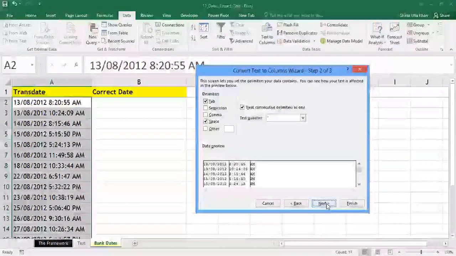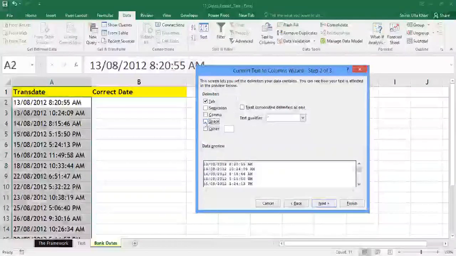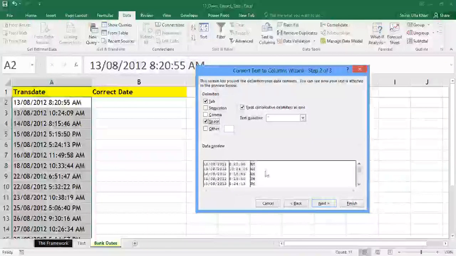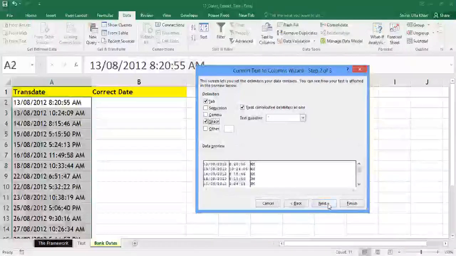Now in step 2 of the wizard, I need to select the delimiter. If you see in the delimiter section, by default Excel has already selected space, but in case space is not selected, like many a times your delimiter will be looking like this, it will not select space. So you just need to go and check this checkbox of space. The moment I click on this checkbox, in the data preview section, the data is already getting split into three columns. You have the date, you have the time, and you have AM and PM. This is the second step of my wizard I have done. So Excel has already started the work of splitting the data into date, time, and AM and PM. Then I click on the next button.